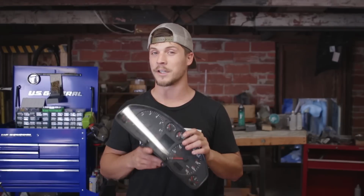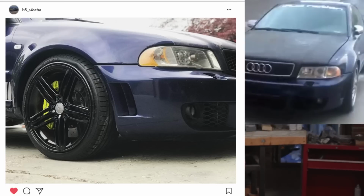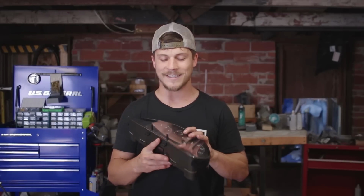He can also get really hard to find parts from Germany. Like he's got a B5 S4 that's got a completely carbon RS4 wide body, a carbon hood. It's got Gallardo disc brakes like from a Lamborghini. Really, really sick car. And he's got an A4 with like a giant Cummins turbo on it. That's his track car. So he knows what he's doing when it comes to Audis, and he builds really cool